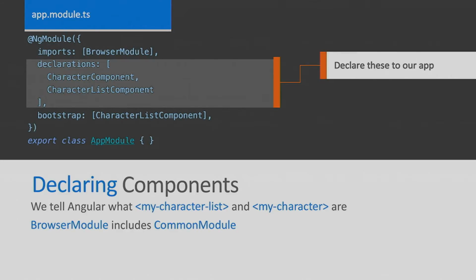Now, something that's interesting is there's a lot of little things that Angular gives us, like that ngFor and the ngIf. Those things the browser doesn't know what they are either. They're actually in a module that Angular gives us called the CommonModule. So when we import this BrowserModule, it's actually getting that CommonModule so we can use those features too. So we don't have to worry about the Angular stuff. We don't have to tell Angular about its own things. I mean, it makes sense. Angular should know what Angular is, right? You would hope. We have to tell it the things that we write.